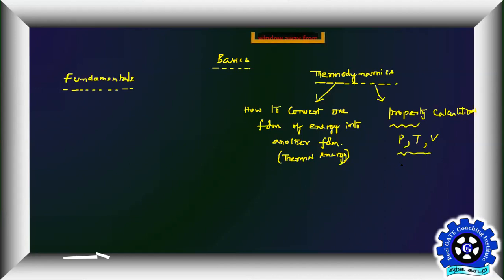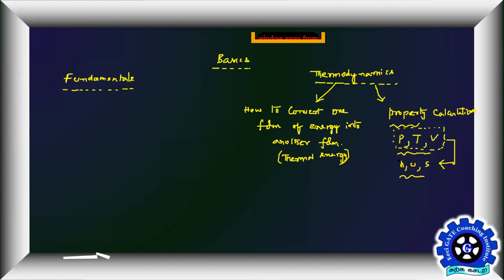You can have many like enthalpy, internal energy, entropy. So there are many properties, but we'll slowly introduce these properties. But mainly we focus in thermodynamics on these properties like pressure, temperature, and volume. So why? Because in the later sessions of the thermodynamics class, we will bring in some correlations or equations between these properties. That means if I know, suppose say pressure, temperature, and volume for a given problem, I am in a position to solve for any property calculation. That's how the equations we derive in the upcoming classes.